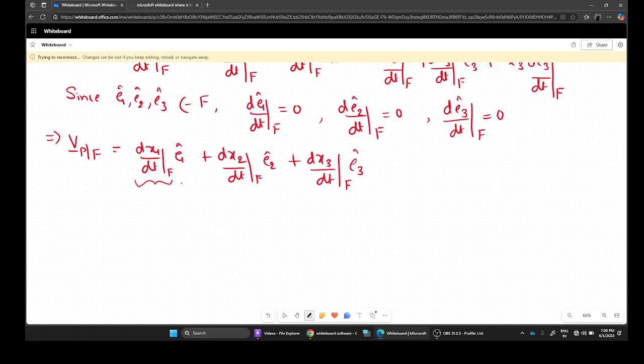However, you note that these terms are derivatives of scalars. x1, x2 and x3 are scalars. It means that I really do not have to put this baggage here. After all, the time derivative of a scalar, or the rate of change of a given scalar, is always frame independent. So we can simply write this as